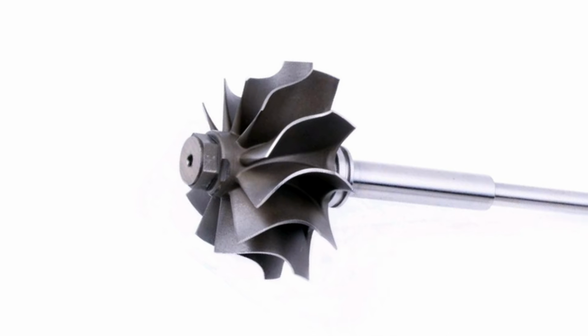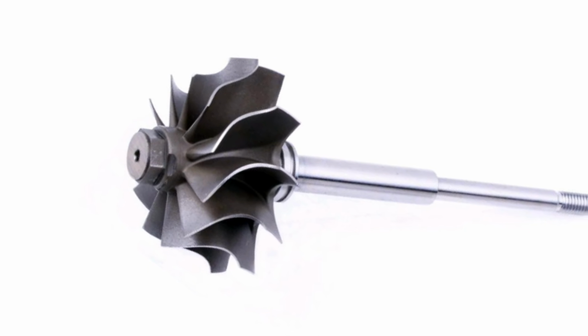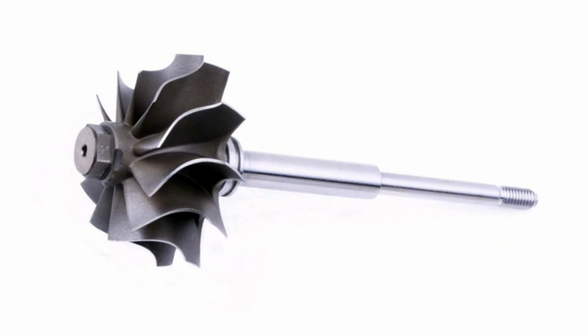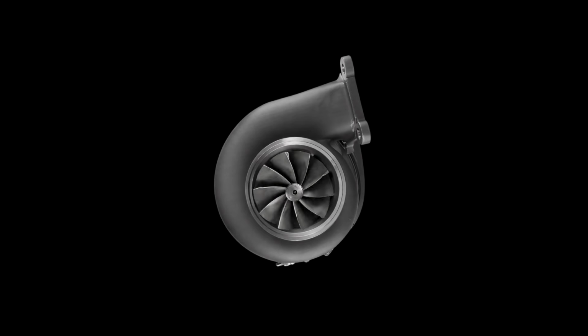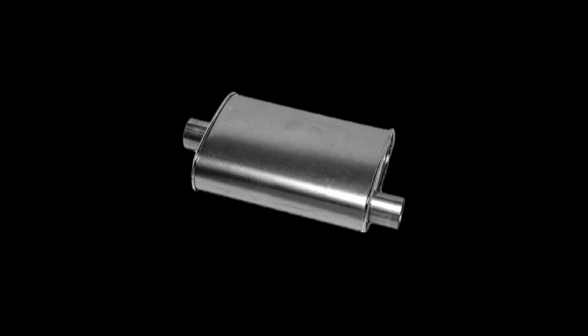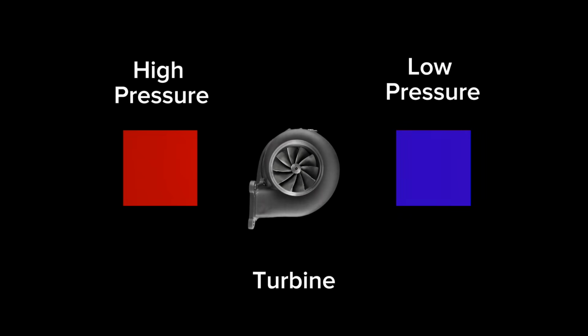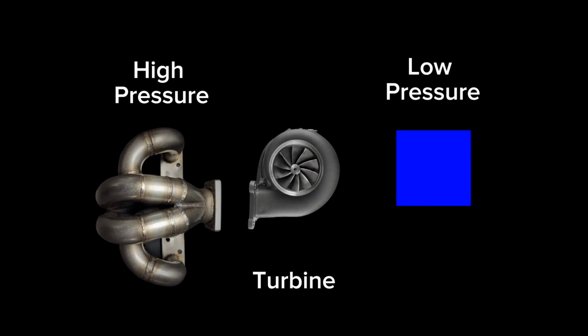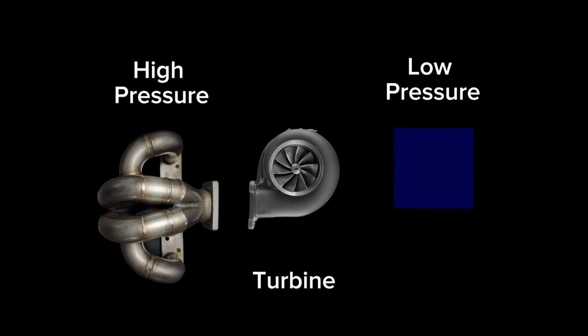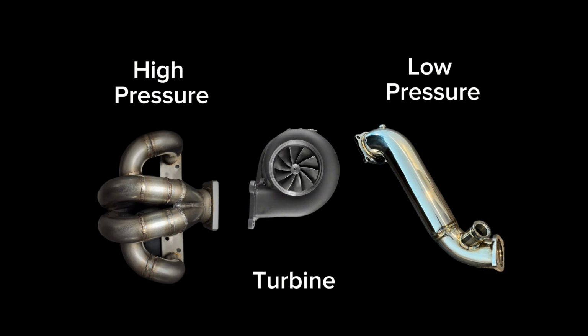The high velocity exhaust gas flows along the turbine blades, and as the angled blades redirect the flow, momentum is transferred to the turbine shaft and it starts spinning. For more boost, you need a stronger flow. Any restriction in what's supposed to be the low pressure exhaust or downpipe side raises pressure and starts to weaken that pressure difference. So the exhaust doesn't flow from the high side exhaust manifold to the low side downpipe as strongly, causing you to need more pressure, more accurately referred to as drive pressure in the exhaust manifold for that